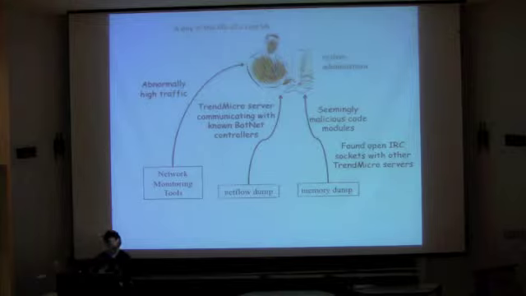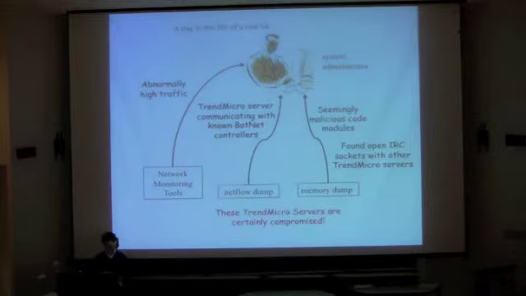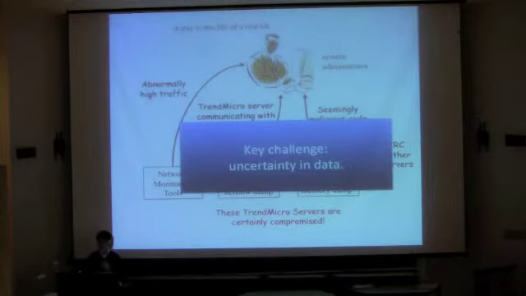So the reason I want to show you this story is, if you look at the train of thought from the system machine, just because he saw something suspicious doesn't mean that it's always going to be a bad thing. The biggest challenge in this whole reasoning process is that you are not sure whether it is really an attack or whether an attack has succeeded or not. So the biggest challenge is the uncertainty in data. So what do I mean by uncertainty?